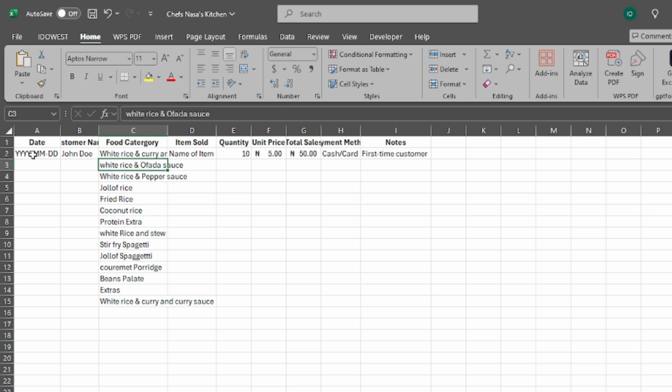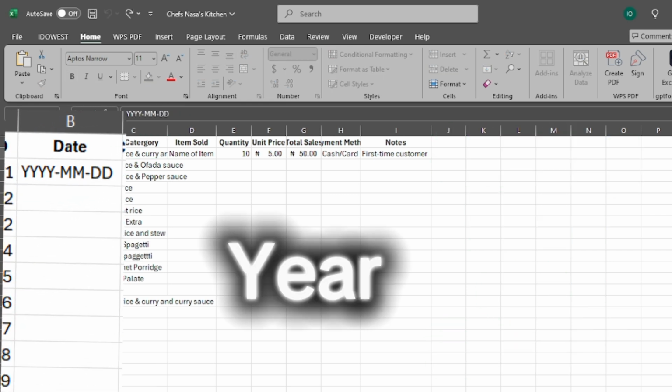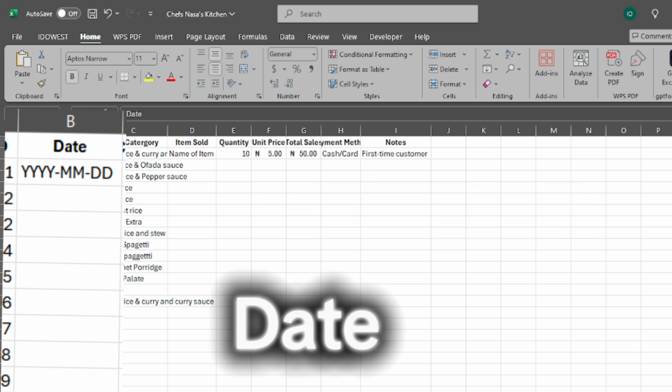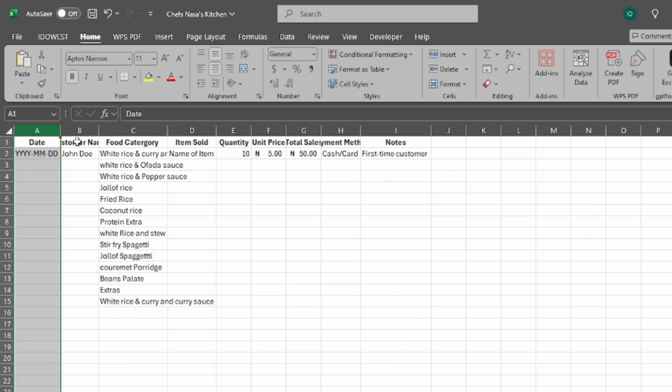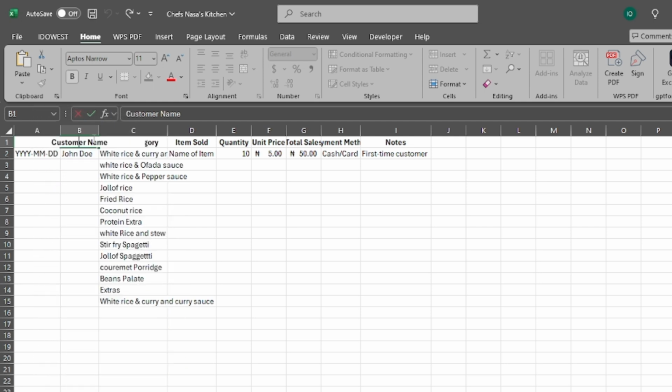Well, we start from our date, where we have the year, the month, and the date, and I think this is just fine. So what is here? This is our customer name. So how do we organize this? Well, there are two ways to organize this, depending on your preference. The first one is